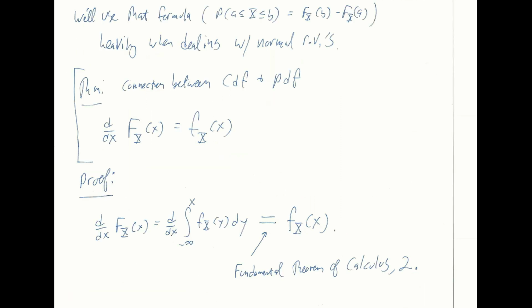So I can state the formula in the way that it's given in the top right here, with both being less than or equal to symbols, as long as I'm doing it in the context of continuous random variables. And we're going to use this formula heavily when we're dealing with normals, which we will do next time. And the final thing that we want to say today is to illustrate the connection between cumulative distribution functions and